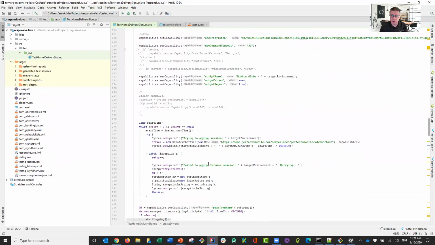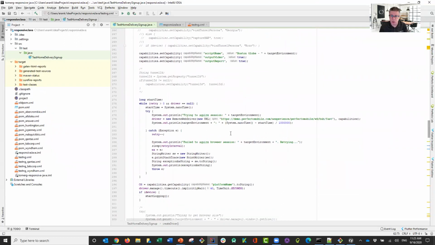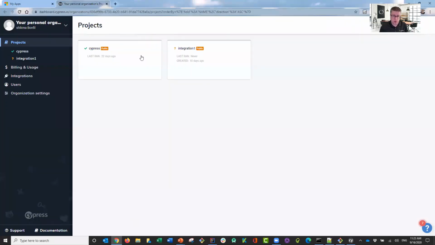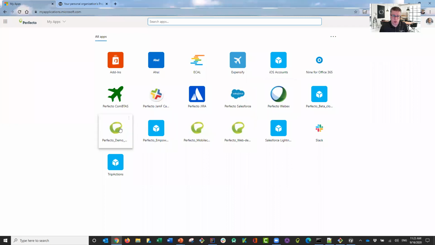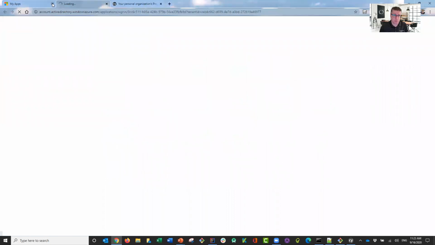Okay, I'm going to run it in the cloud with a security token and my user on the Boston Globe website, and I'm going to see the grid being populated and the execution starting. Before I click on running, I just want to launch my cloud to access the cloud so you can see the live stream. You can see the execution happening in real time, as the cloud